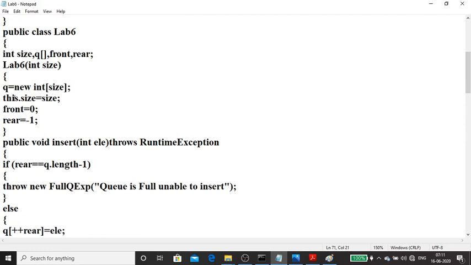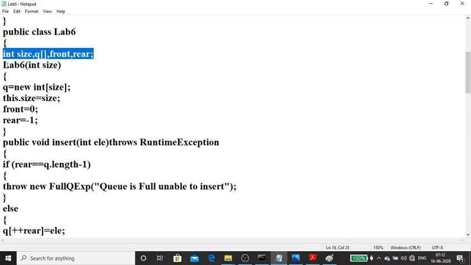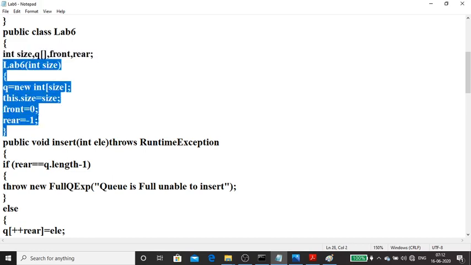So Lab6 gets executed. The value of size is 3, so an array of size 3 will be created, size gets the value 3, front is initialized to 0, and rear gets the value -1. I think you know the reason why we are initializing these values. First it allocates space, next the values are initialized.